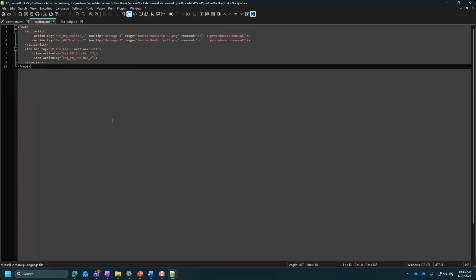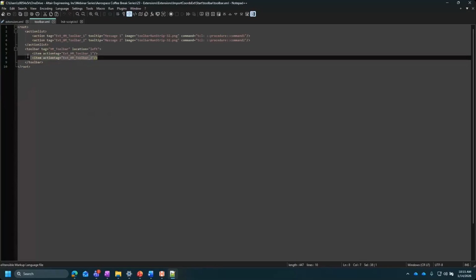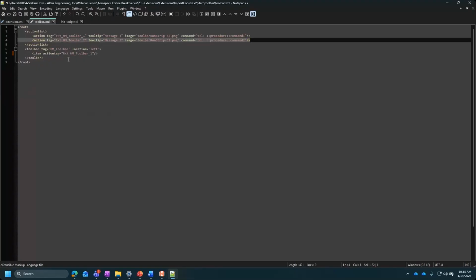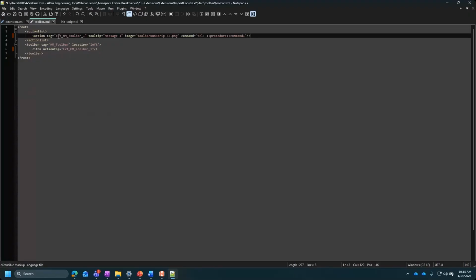And then we'll go into the toolbar XML. So this is sort of bringing together basically the programs with the button clicks on the toolbar. So in this case, I have these two items. I'll just do, for starters, I'll start with one script. But this is how it would look if you wanted to have, say, two buttons here. But I'll start with one.